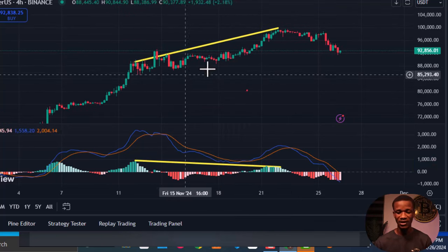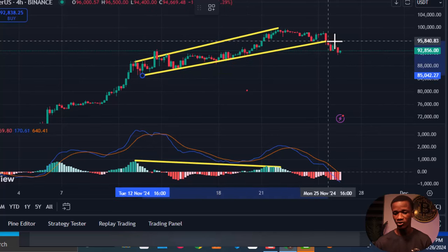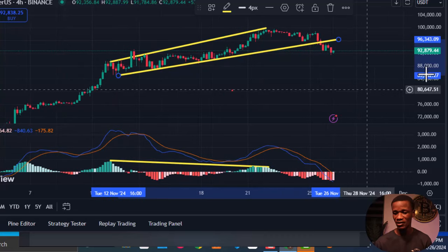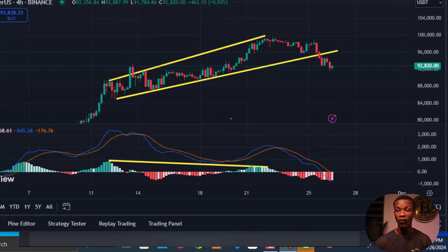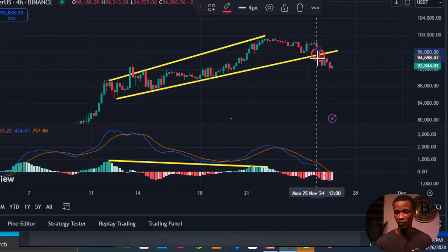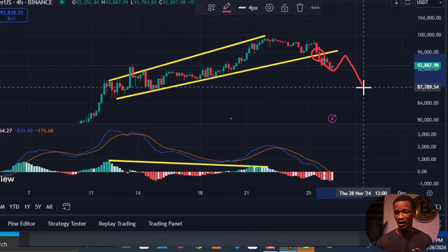If you connect the support level, from this point of support to this area of support, and you draw this trend line out, you discover that this is creating a broadening wedge, and the market broke out of this important level of support, which is a confirmation for this divergence. So it means that the divergence has been confirmed, and the market has the capacity of coming back to the downside. But before that movement comes in, what I'm personally expecting is for the market to move up a little bit for a retracement, and then continue back down into the